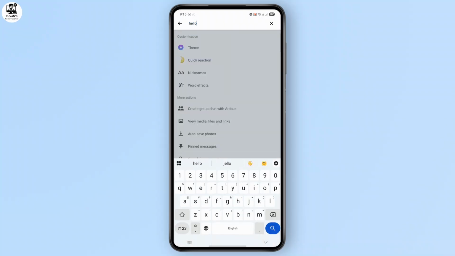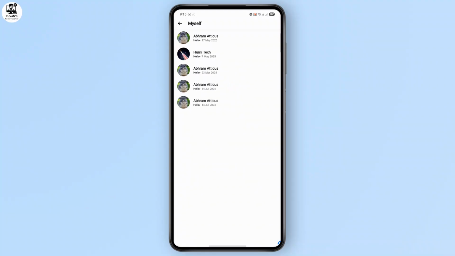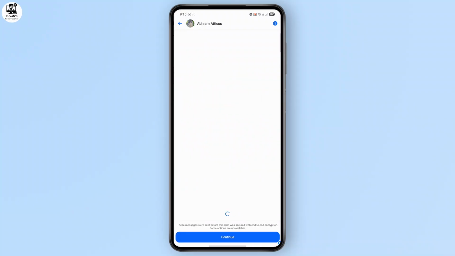Once done, scroll all the way down to the bottom of the search results to get to the oldest messages first. From here, tap on the oldest result from the list to jump directly to that part of the conversation. At this stage, you'll be taken straight to that message in the chat without having to scroll through the entire